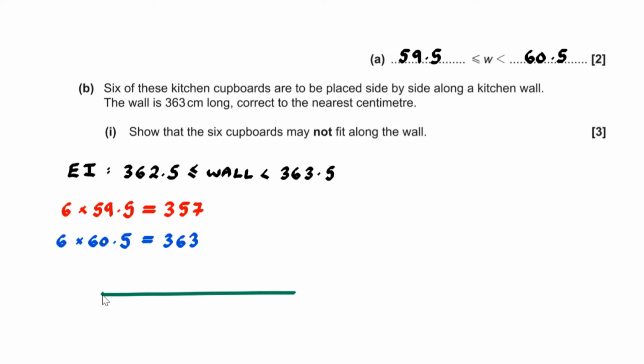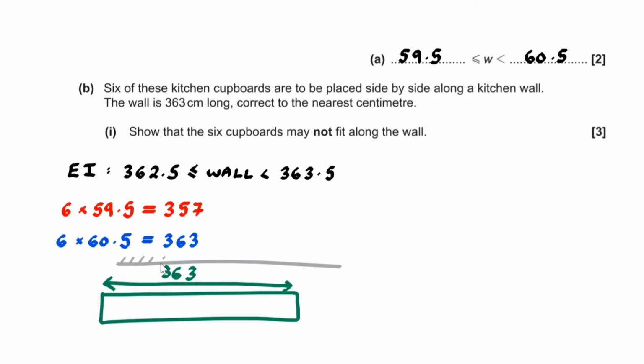So we could have 6 cupboards over here equaling 363 centimeters. But the problem is the wall in of itself. So here is our wall. This wall may only be 362.5. So because of that,